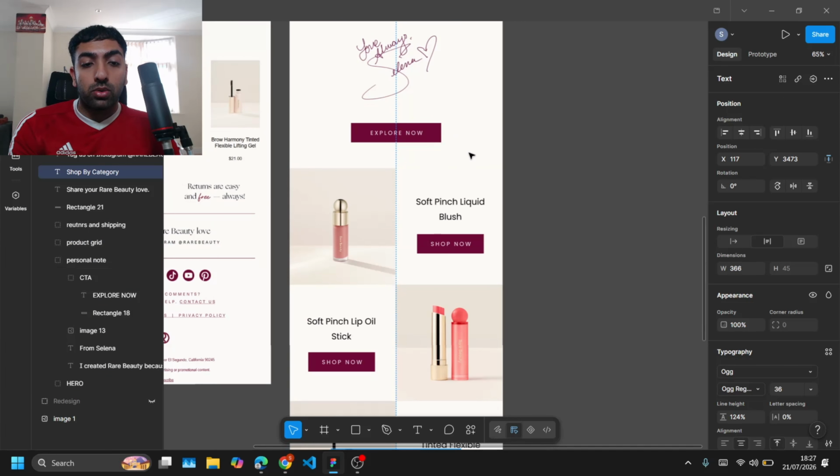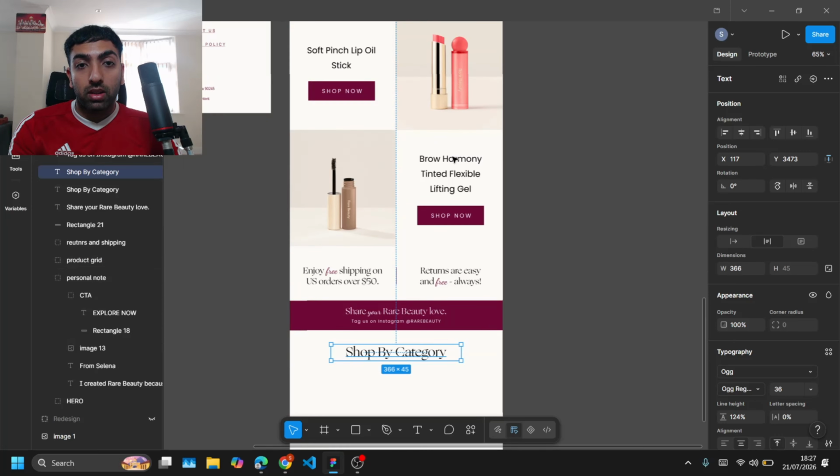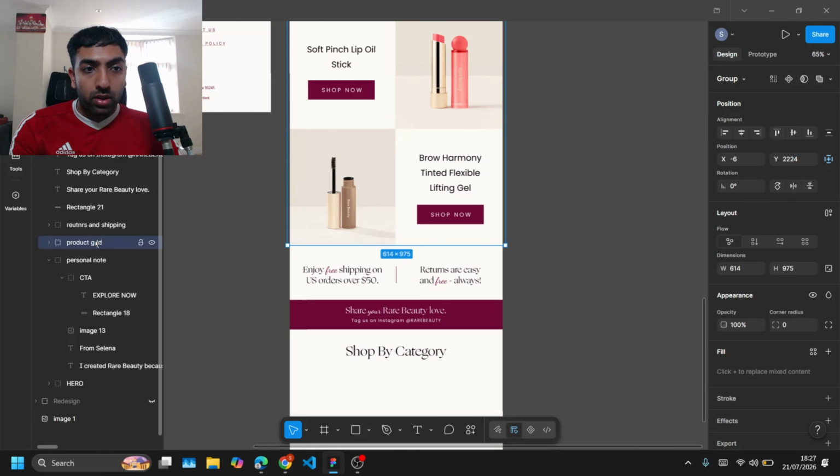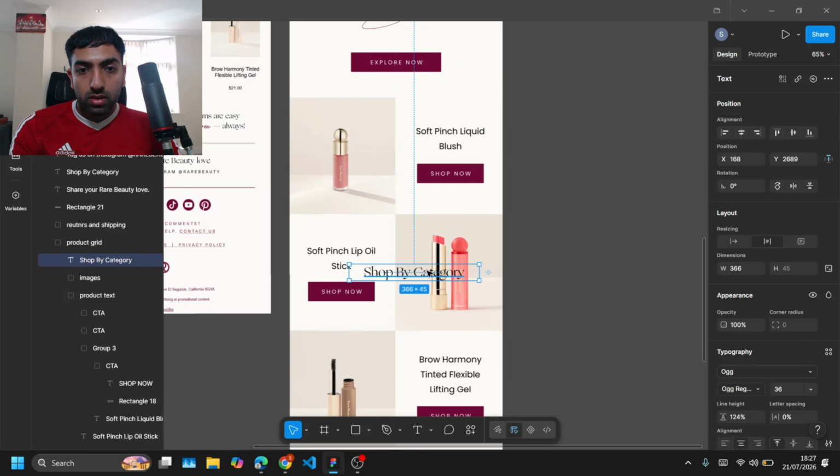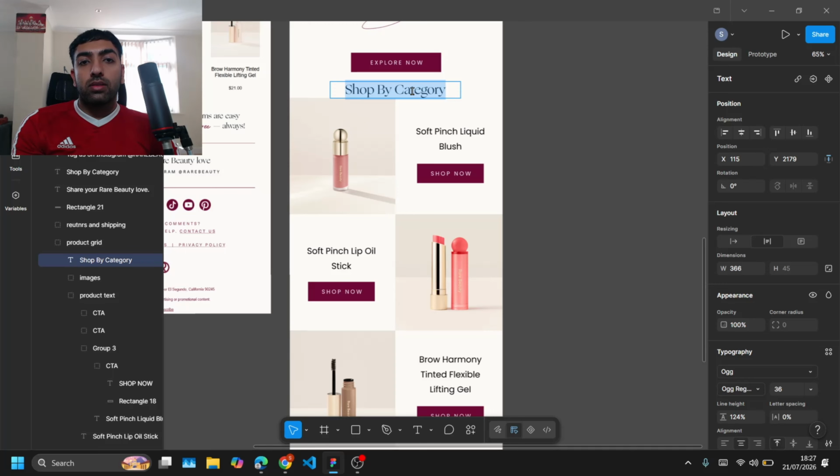One thing I will mention before I continue with the footer is that I forgot to put a title in the product section. So that's what I'm going to do. I'm just going to copy a title from somewhere else, go to the product section and just add this shop by category. And I'm going to rename that to